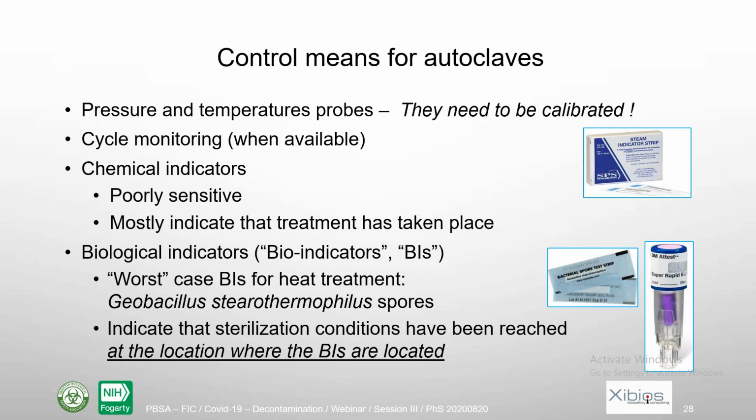और इसके लिए आपको प्रोब्स की सेटिंग ठीक होनी चाहिए। किस तरीके से आप ऑटोक्लेव्स को कंट्रोल करेंगे, वो ये कि आपकी प्रोब्स की सेटिंग ठीक होनी चाहिए, और आप केमिकल या बायोलॉजिकल इंडिकेटर्स भी इसके लिए यूज़ कर सकते हैं। केमिकल इंडिकेटर्स इतने ज़्यादा सेंसिटिव नहीं होते, वो सिंपल ये चीज़ आपको बताते हैं कि क्या एक प्रोसेस हुआ है या नहीं, यानी स्टीम प्रोड्यूस हुई है या नहीं।